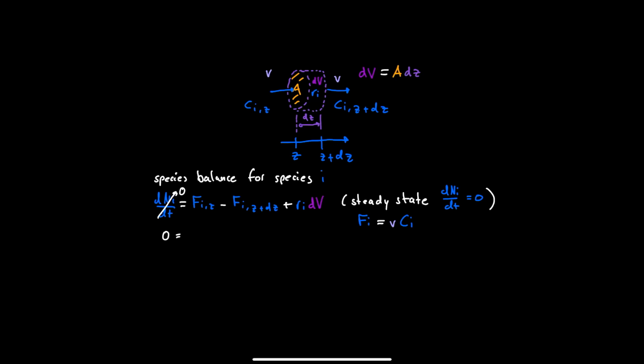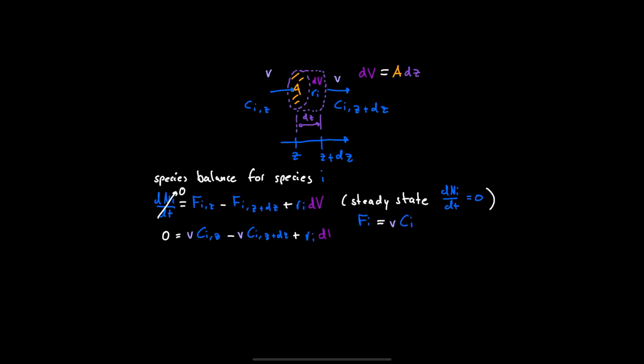So 0 is equal, and we insert the molar flow rate equation on the right side. So we can say that volumetric flow rate times the concentration of the species I at position C minus the volumetric flow rate times the concentration of species I at position C plus dc plus the reaction rate of the species I